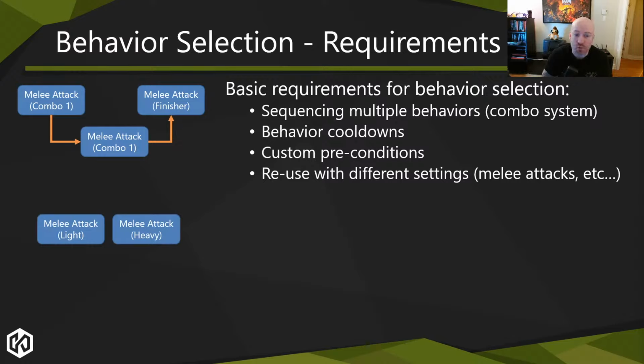You want to have cooldowns supported at a native level, because that is a very common thing a designer might want to do, saying, hey, I did this behavior, I don't want to do this behavior again within the next 5 seconds. Super common thing. Your behavior selection system should handle this in a simple way, not in the way that certain things like behavior trees handle it.